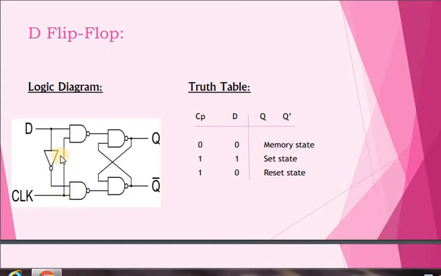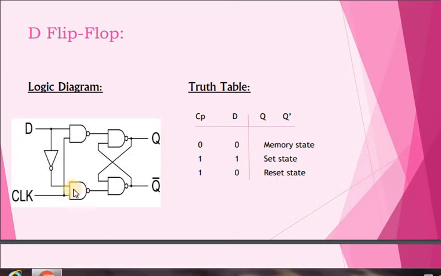See here, this is the logic diagram. We are using an inverter here. In the SR flip-flop we are not using the inverter, just S as an input and R as an input, along with a clock. But here we are using only one input, D, and from D we are taking the inverter. If you give input 0 here, the input to this first NAND gate will be 0, but to this NAND gate it will be 1 because we are inverting. If you give input 1 to the inverter, the output will be 0. If you give input 0, the output will be 1 to this NAND gate.